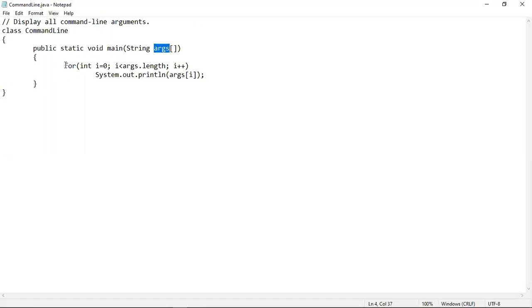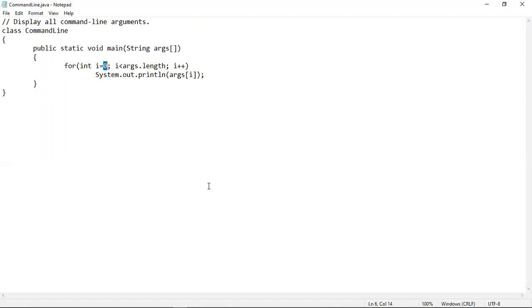Now in the next line we have written a for loop. This i is the loop variable, which is an integer variable. It starts with 0. We all know that array indexing starts from 0 in C, C++ or Java. In all these languages array indexing starts from 0.